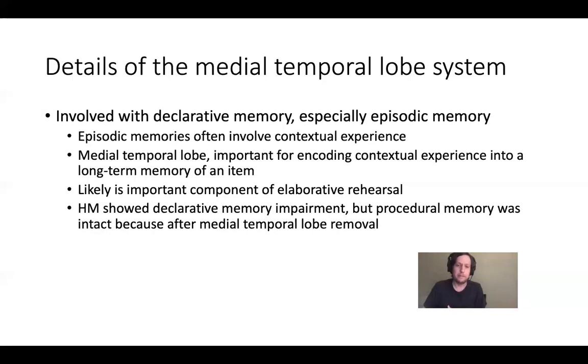And so we're going to be paying more attention to the whole medial temporal lobe system, but the hippocampus is kind of the heart of this. It's important, particularly for episodic memories that involve where things occur, where objects occur relative to other objects or relative to a scene. It's connecting objects to some type of contextual experience. And that contextual experience mostly is where objects are relative to other objects, or where objects are in a given scene or a given room. And we'll talk a little bit more about this role of the hippocampus in the next few slides.